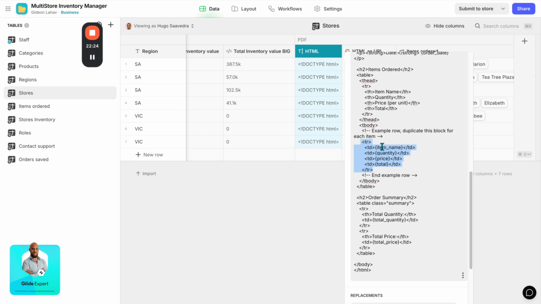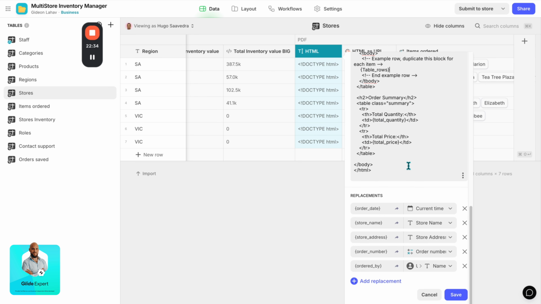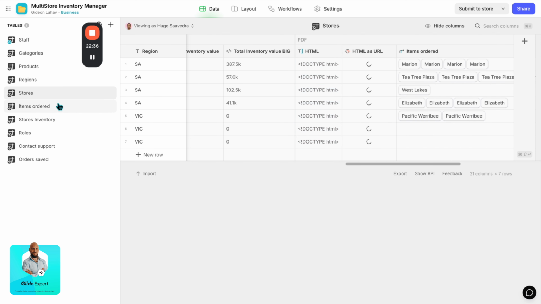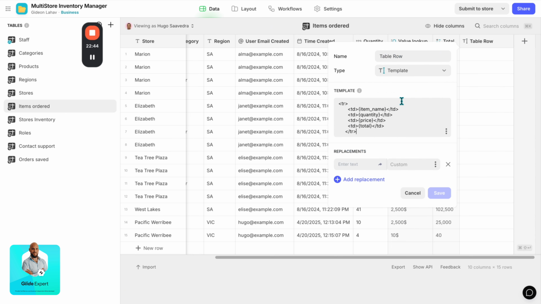We're going to copy it, and change this to table rows. This is going to be a variable. Let's save it. Let's go here, and we're going to make template row, template, paste it in,